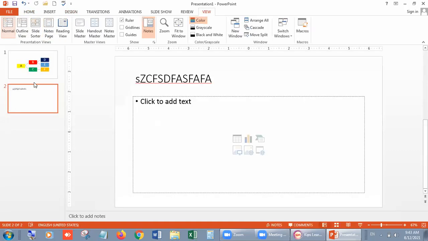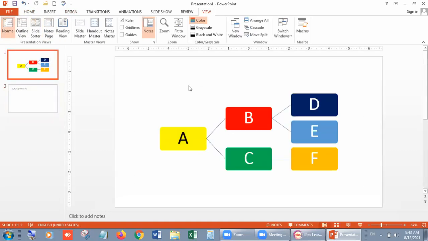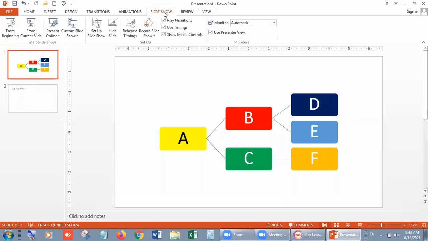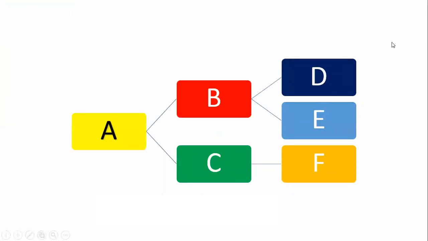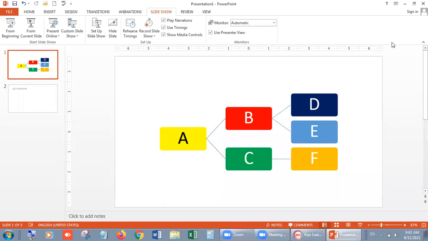It's a normal view, and if I choose this one and after that slideshow, it is slideshow from beginning. Look beta, you can see the slide on the screen. I hope you are getting my point. This is slideshow. When you click on it, it will show the next slide on your screen. Is it okay?